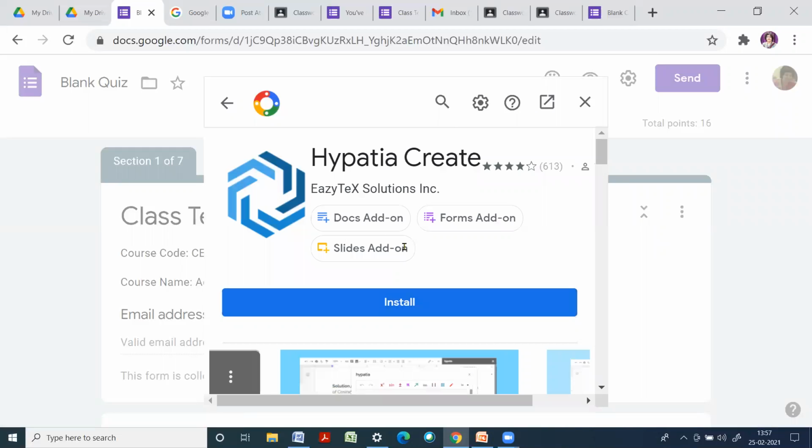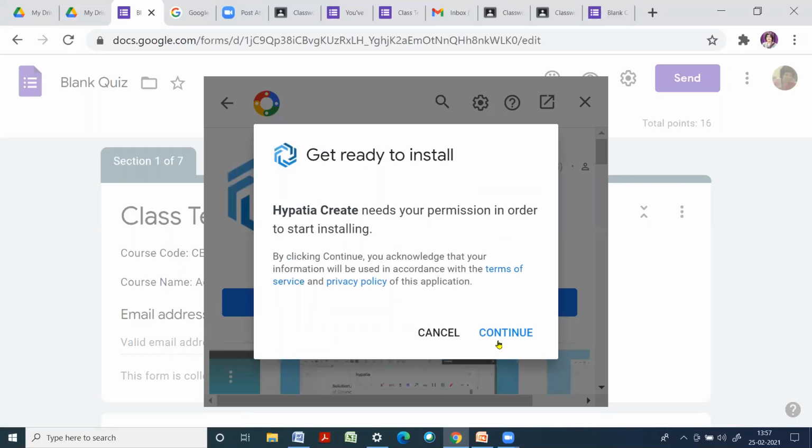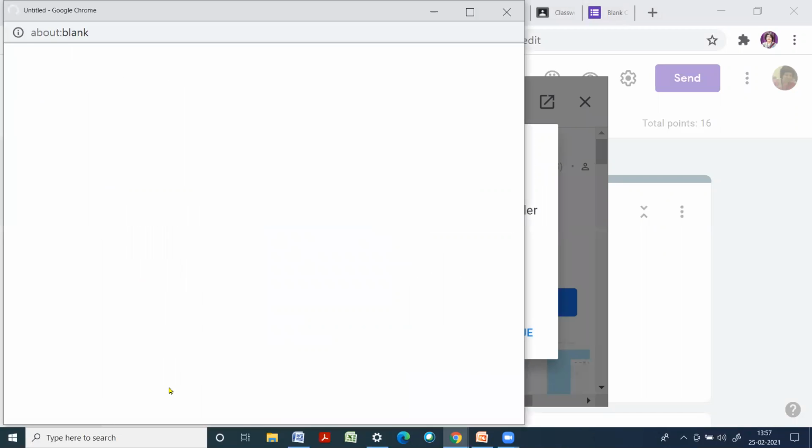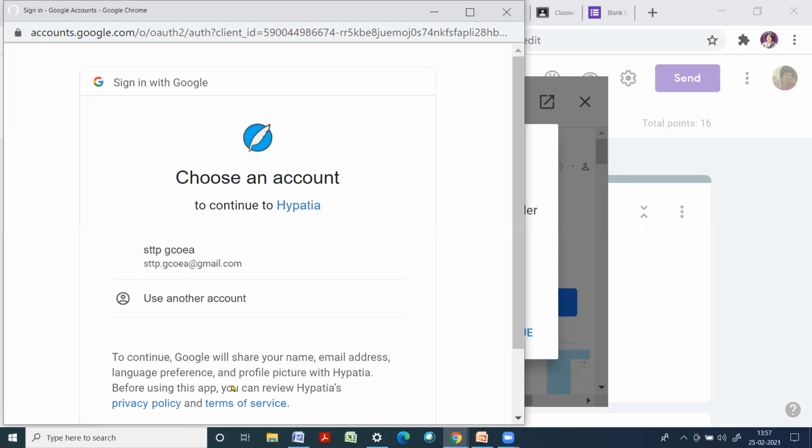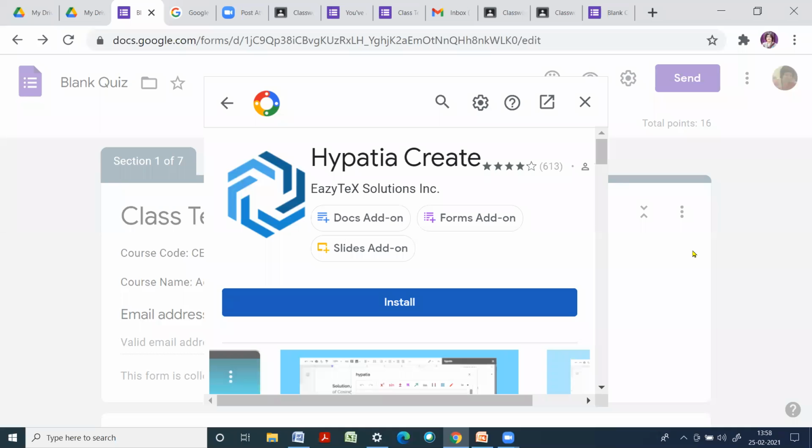Then install this Hypatia. So follow the instructions on the screen and install this add-on, that is Hypatia, if you want to add the equations, or you can skip this step if you don't want to add the equation.